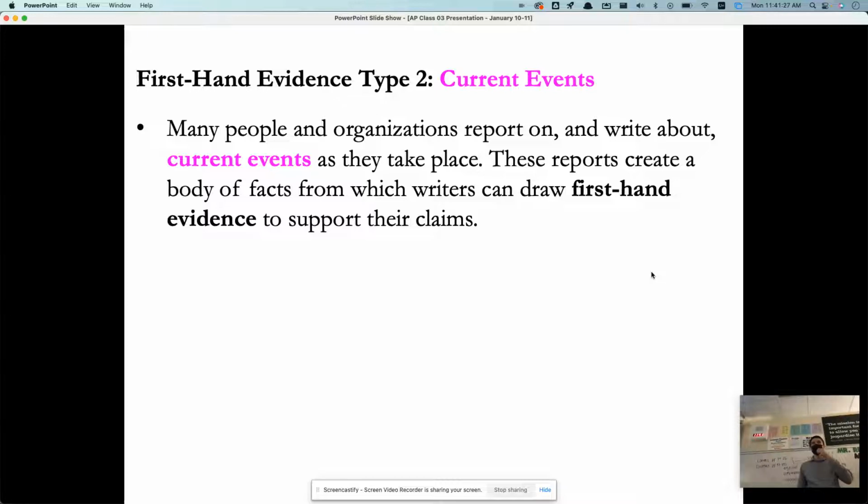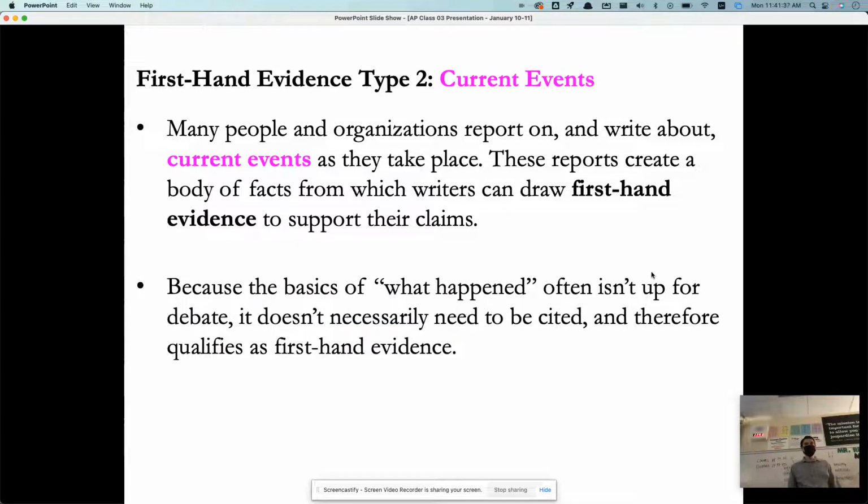This is one of the major roles of journalism, especially news journalism in our world today, to create this body of evidence, because in many cases, not always, especially recently, the basics of what happened isn't up for debate, and what happened is reported by a lot of different news sources across the political spectrum. The facts of what happened don't necessarily need to be cited, or if they are cited,